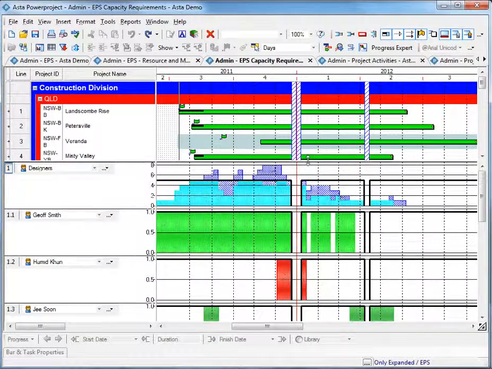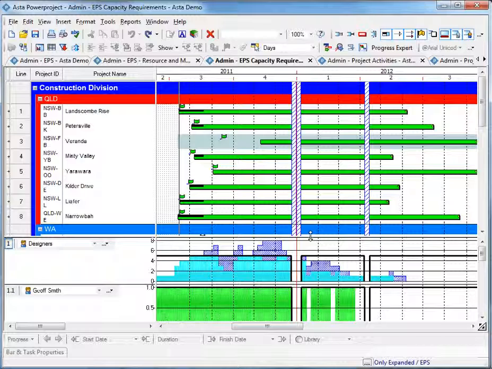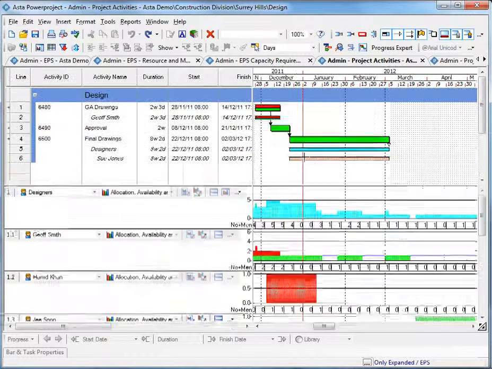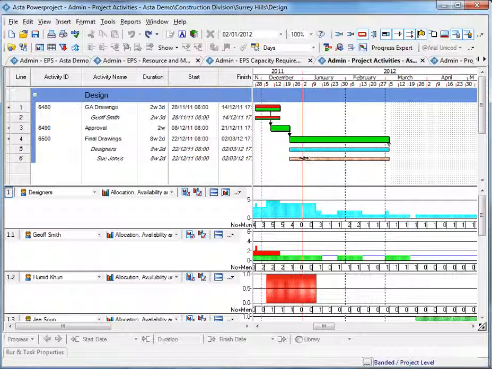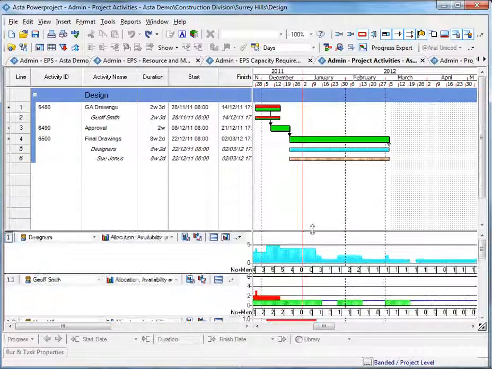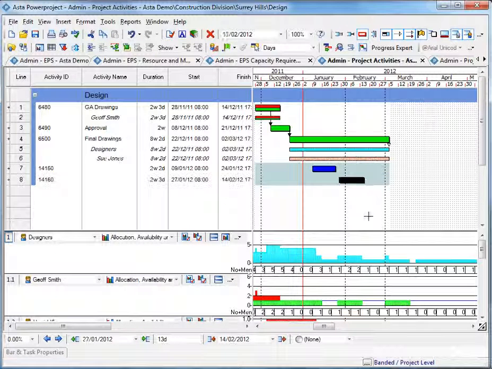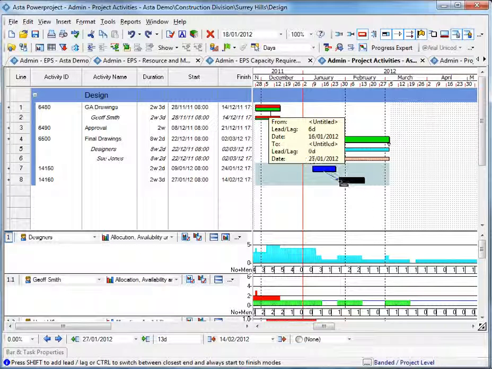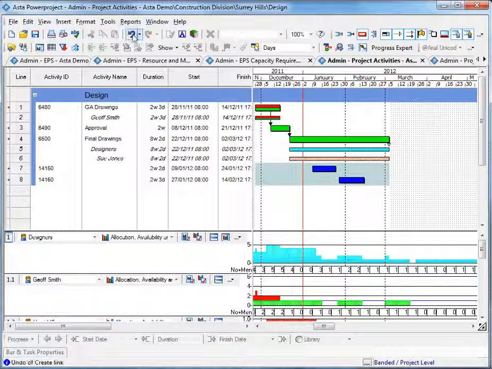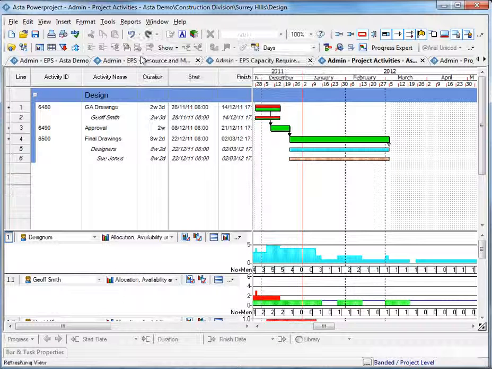So as well as obviously the overview of our enterprise projects, we have a world-class Gantt chart. Again you can see we have some tasks, some durations, start and finish, and we have a set of histograms at the bottom which are fundamentally the same as I showed you before. Powerproject is very easy to use, very easy to draw activities onto the screen, and linking these activities together is all done with the mouse. I can create links, lead and lag quite simply, and again as I said we can undo and redo an